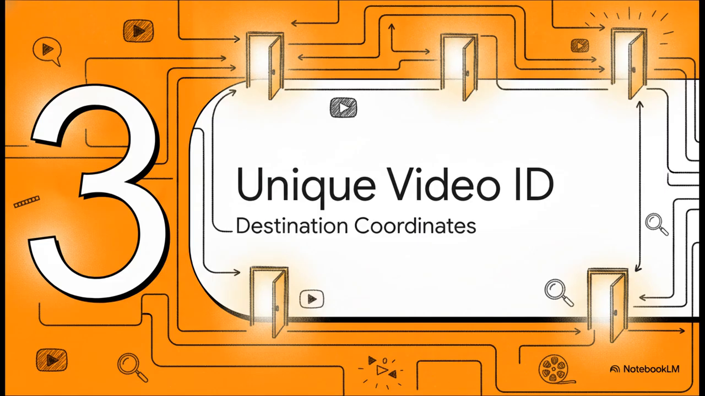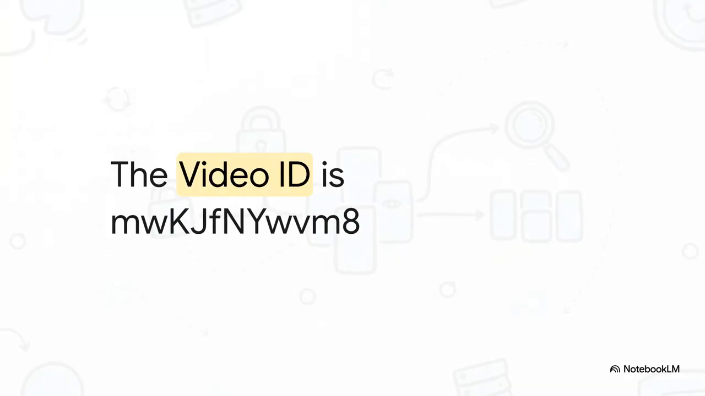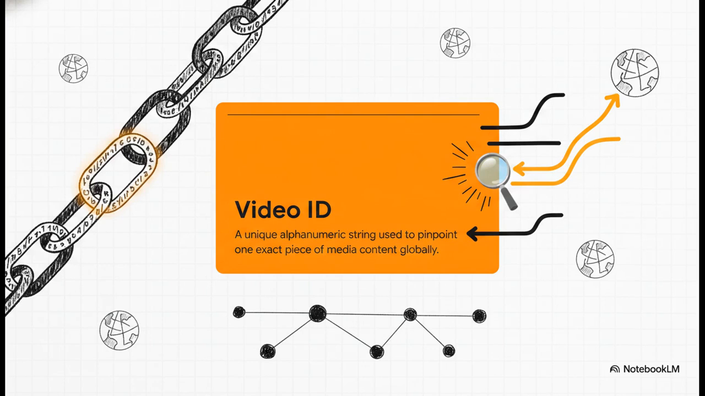Section 3. The unique video ID. Out of the literal billions upon billions of items hosted on the platform, this specific 11-character, case-sensitive sequence acts as your exact destination coordinates. You can think of it sort of like the digital Dewey Decimal System, just vastly more complex. The big takeaway here is that without this unique video ID, the link would have no idea what you